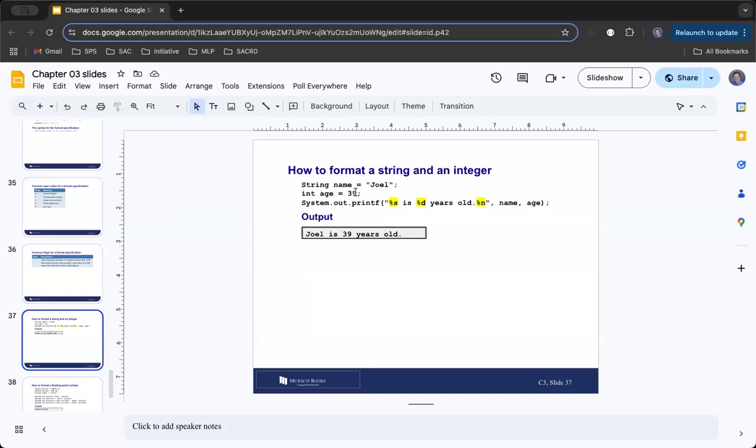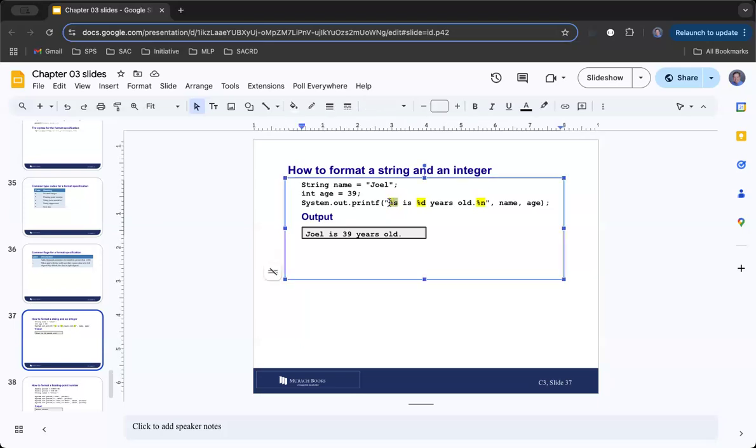Here's some examples of the interpolation that's going on. We have a string called name, which has a value of Joel. We have an int called age, which has a value of 39. We can do the system.out.printf, and we can say %s. This is the replacement value in the format argument. We can say %s is %d years old, and then %n. This is the first replacement value in the format, and so we come now to the list of arguments at the end. We get the comma name. This value name will be replaced into this %s. This value age is the second argument, so we'll go into the second